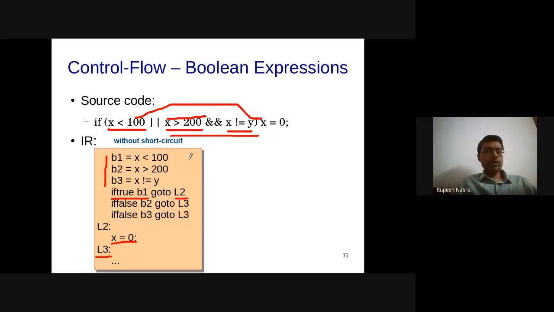So with short circuiting, we should not evaluate this x greater than 200 if x less than 100 is true, right? Which means the conditional check of if true B1 needs to move before evaluation of B2, before assignment to B2. So that's what you should do.